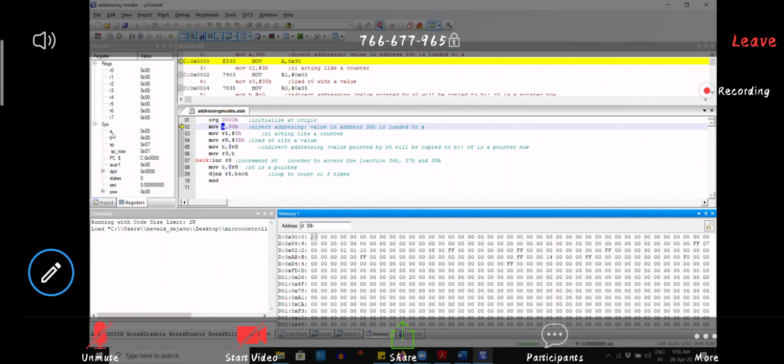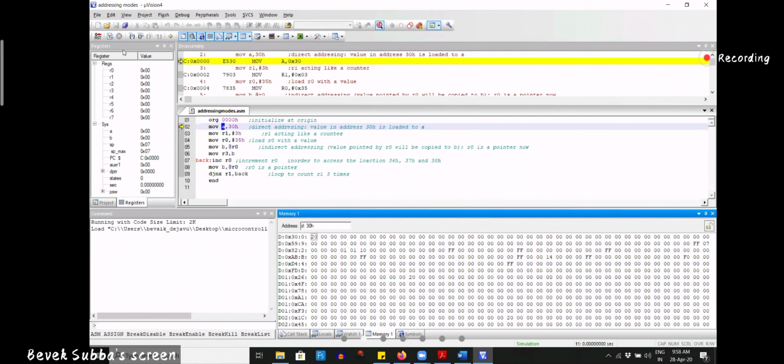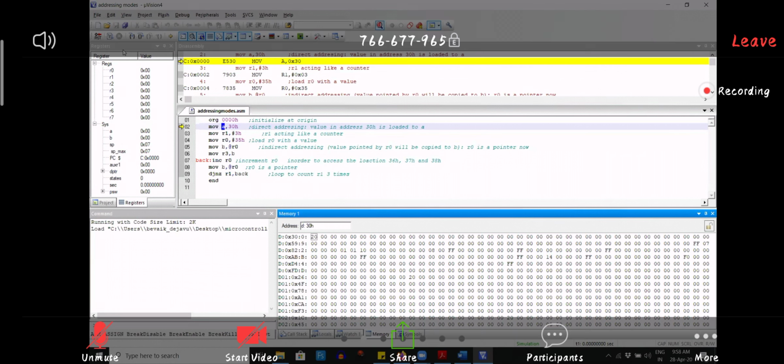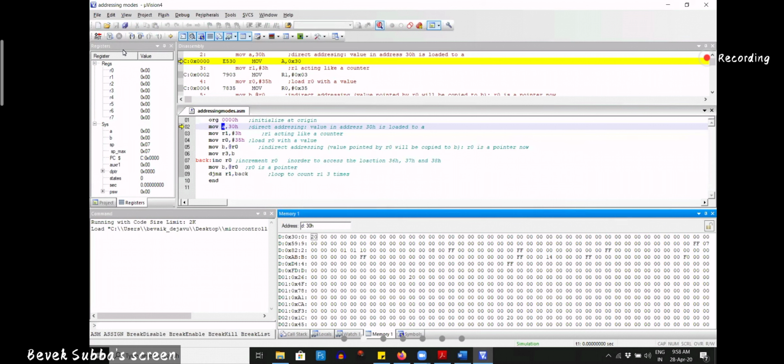The accumulator is a special function register. In this column, you will only find special function registers. You will not find RAM locations, the main RAM locations. Those random locations or stack locations, whatever you can call them, are in memory.